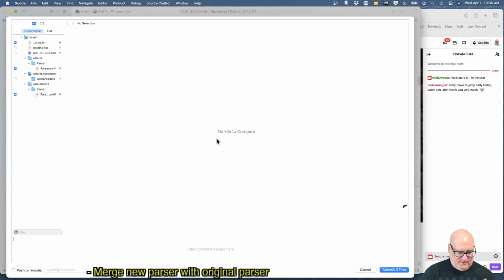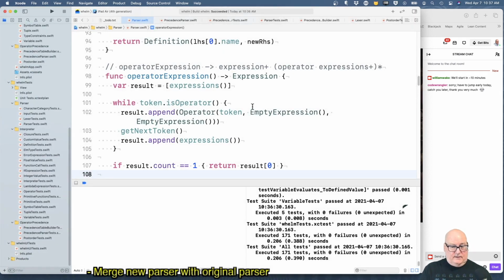Okay, so now, let's see. Well, expressions with operators are converted into a proper tree. Let's just say that for now. Okay.